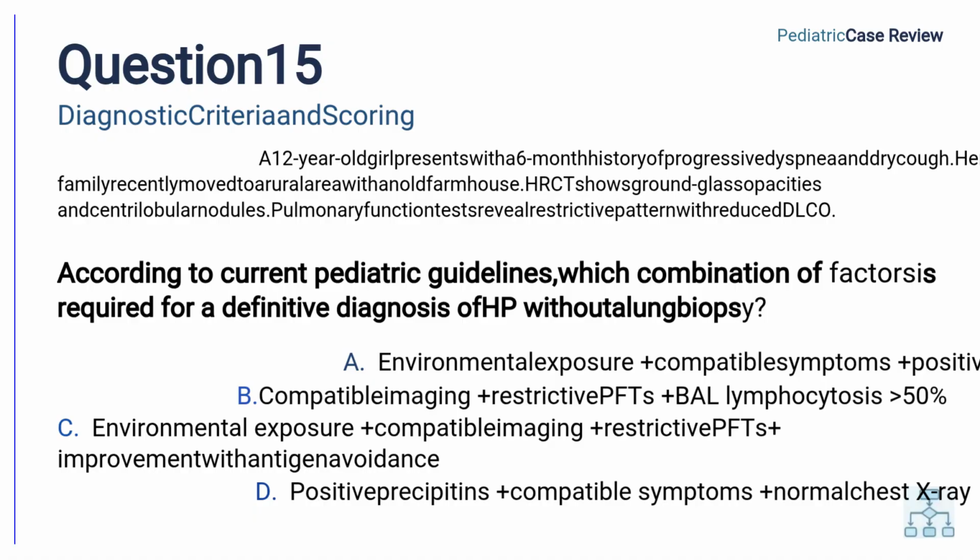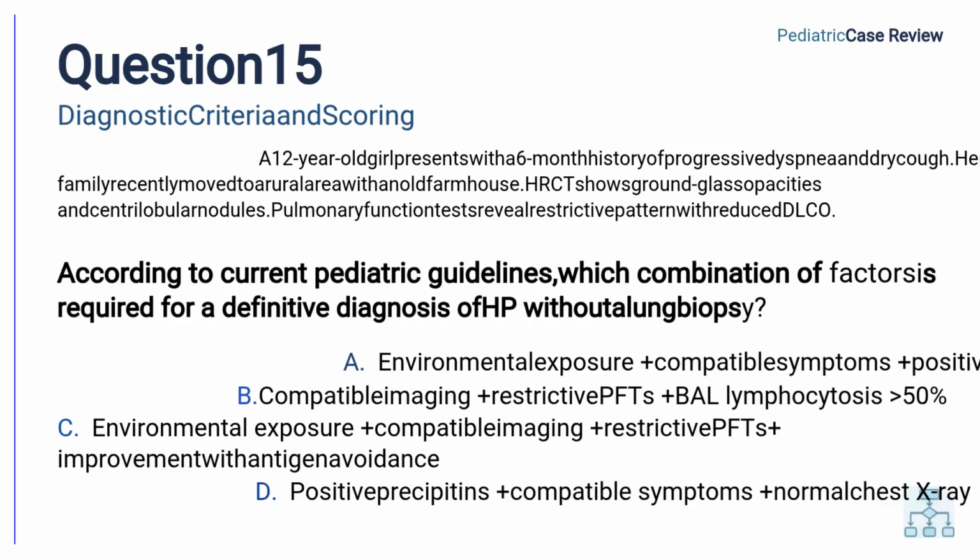Question 15. Diagnostic criteria and scoring. A 12-year-old girl presents with a 6-month history of progressive dyspnea and dry cough. Her family recently moved to a rural area with an old farmhouse. High-resolution computed tomography shows ground glass opacities and centrilobular nodules. Pulmonary function tests reveal a restrictive pattern with reduced diffusion capacity of the lung for carbon monoxide. According to current pediatric guidelines, which combination of factors is required for a definitive diagnosis of hypersensitivity pneumonitis without a